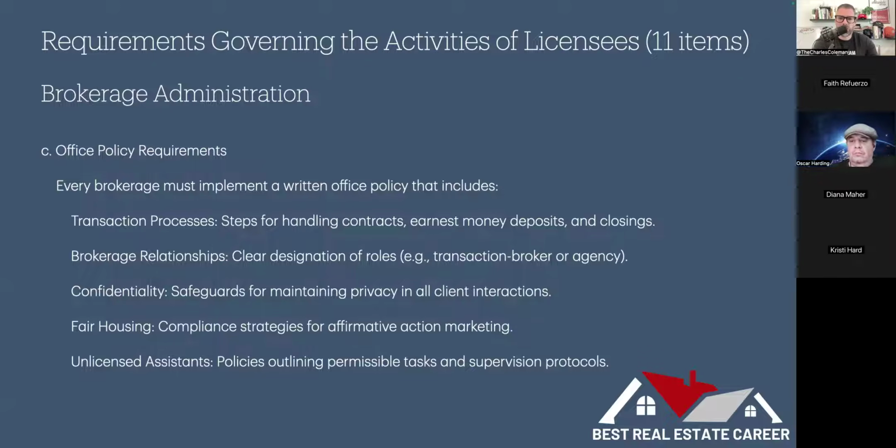And when we're talking about brokerage relationships, you have to have a written office policy, your brokerage does, on what kind of relationships you are allowed to offer to the public. You could go to a brokerage that says you can't help someone as an agent. You have to help people as a transaction broker. Or they could say, we actually don't help people as a transaction broker. We're only allowed to do agency. And so while your license is good for all of them, you can be a transaction broker in the state of Colorado. You can be a real estate agent. You can help someone as a customer. Your brokerage might not allow you to, and that would be covered in the office policy.